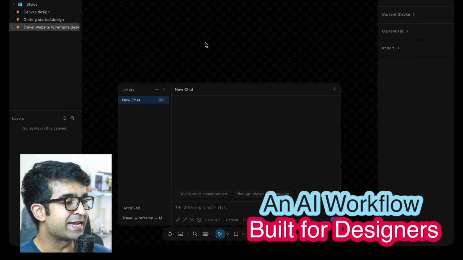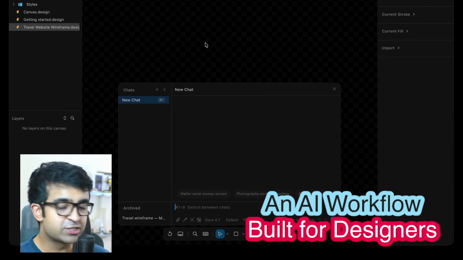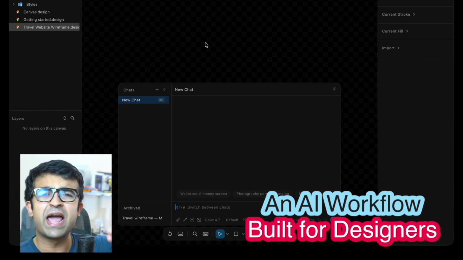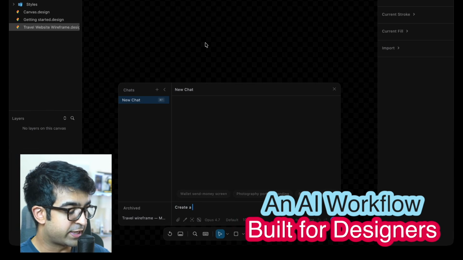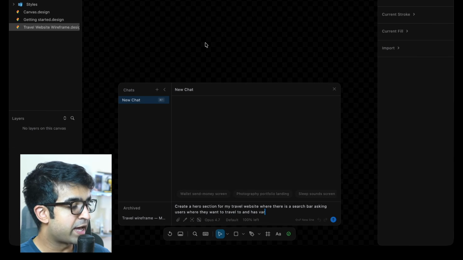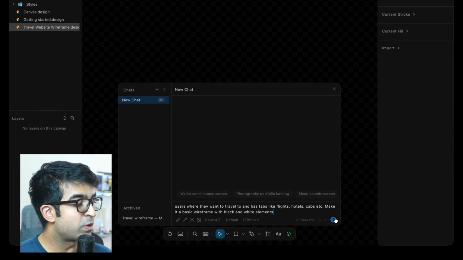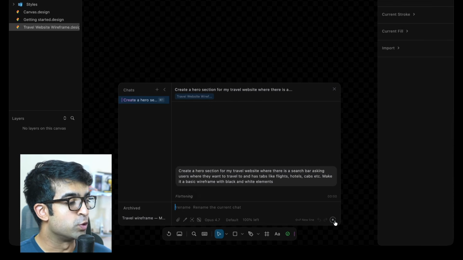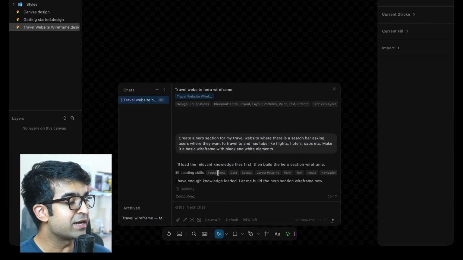What's cool is that I can take it to a new page and just start with the wireframe or anything I want to create. Create a hero section for my travel website where there is a search bar asking users where they want to travel to, and has various tabs like flights, hotels, cabs, etc. Once that's done, I can quickly click on this blue arrow, and as you can see, it starts to generate